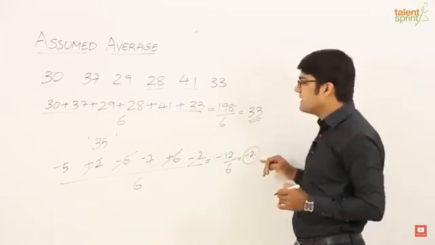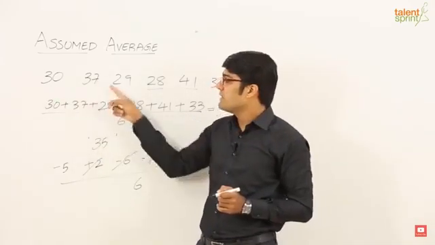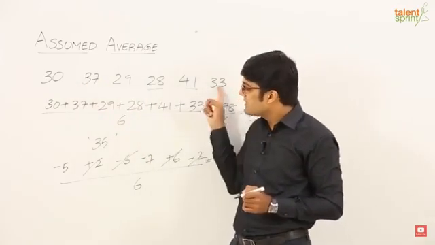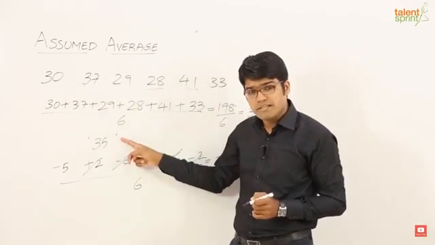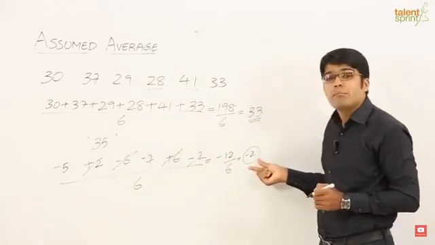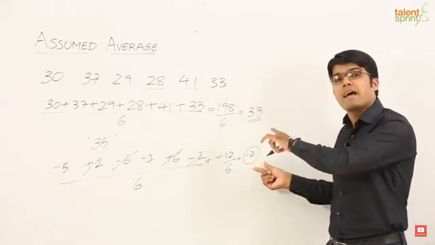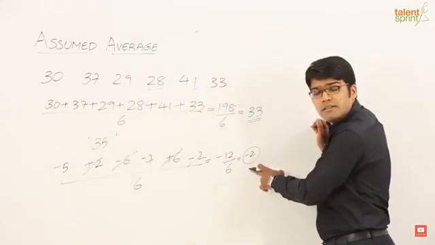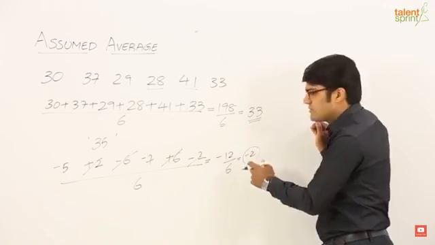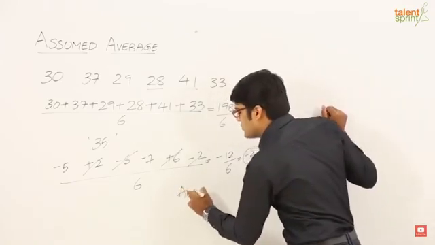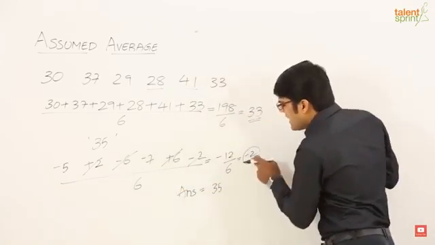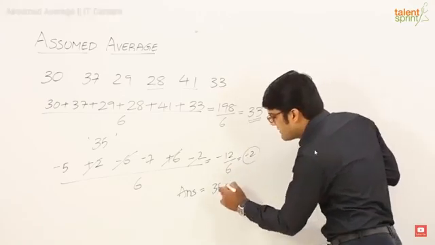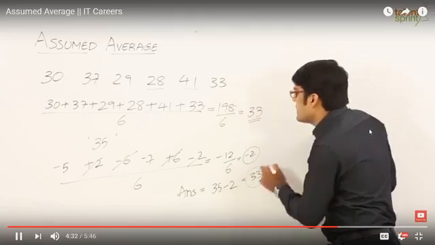So what we get to know here is the assumed average for the given values was taken as 35, and then when we take the average of the deviations of each of these numbers with respect to the assumed average, we get minus 2. So we can say that the actual average is the assumed average with the deviation, right? Assumed average plus or minus the deviation. So the final answer here has to be the assumed average 35, and whatever we get here, if it is plus, just add it to this value. If it is minus, subtract. So 35 minus 2, which is 33. And that is what we had got earlier.